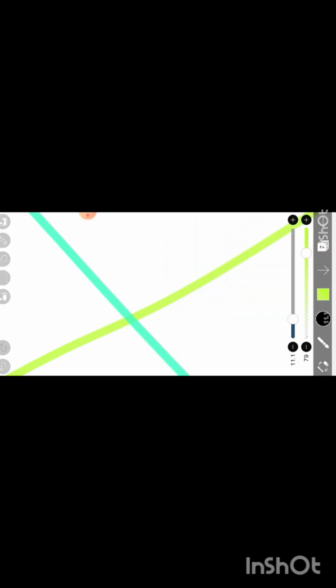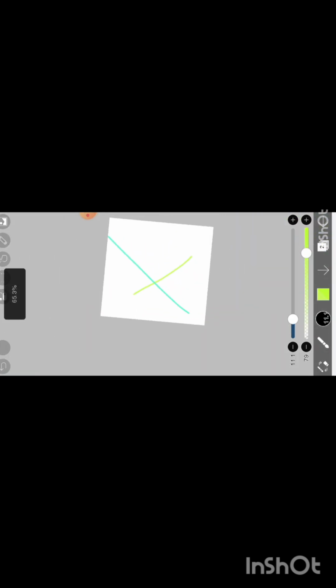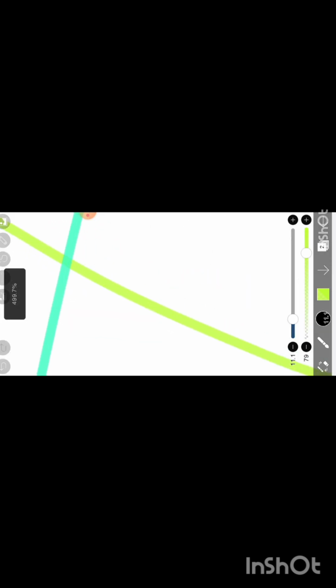The bluish is in the third layer and the yellowish is in the second layer. So I'm now moving the second layer above the third layer. See, can you notice the change at this cross point? That's how the layer thing works.